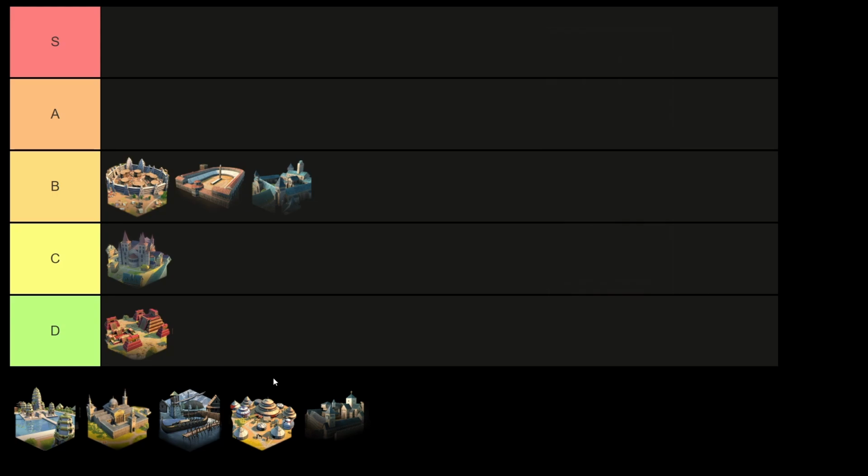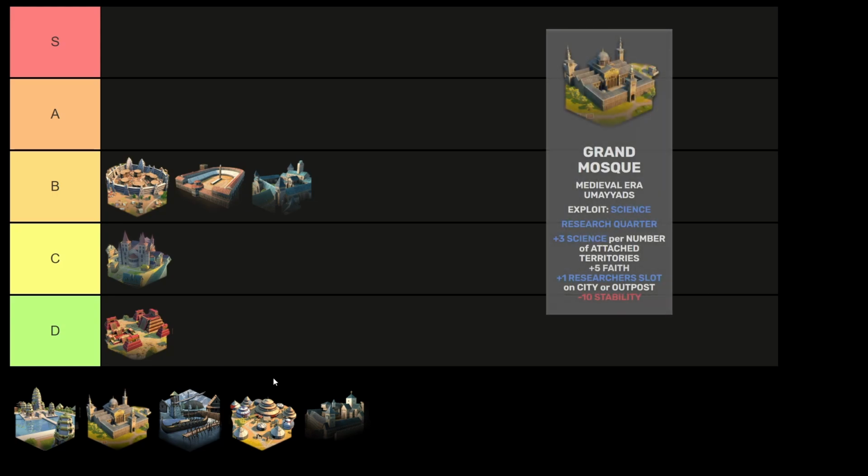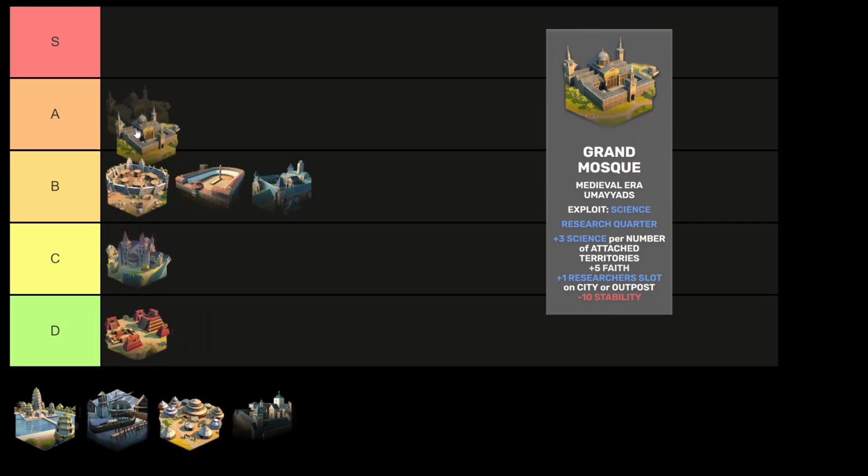Then moving on to the A rank, we can start with the Grand Mosque. So the Grand Mosque is going to be the better research quarter for this era, with the fact that it has the +3 science per number of attached territories and also +5 faith. Compared to the Scriptorium that we just covered, it lacks the influence boost, but overall you gain a lot more